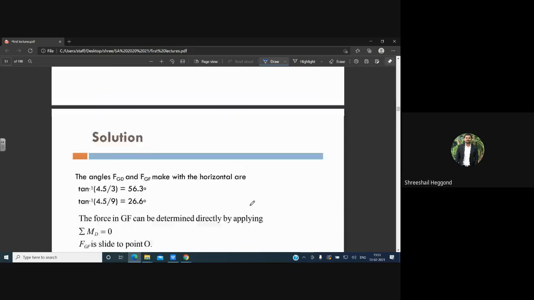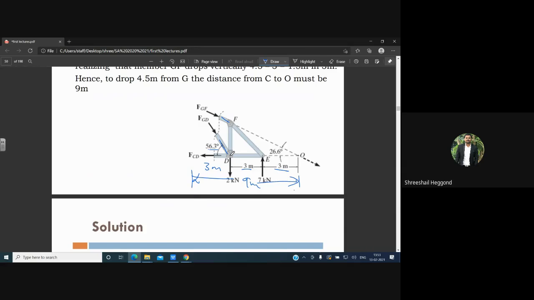At D point, if you consider the moments at this joint to be 0, because in each and every joint we will be considering it to be a smooth pin jointed structure. Therefore, the moments at this point will be 0. Then you can write the expression for moments as the force FGF into the perpendicular distance, and the remaining members will be lying at this point only. Therefore, the moment at this point becomes 0 because of these three members. Only the unknown member will be FGF.